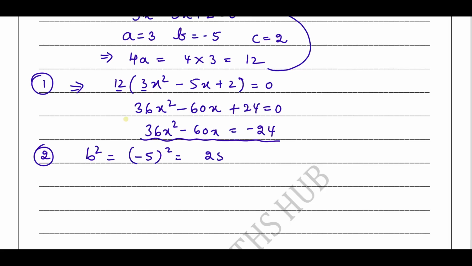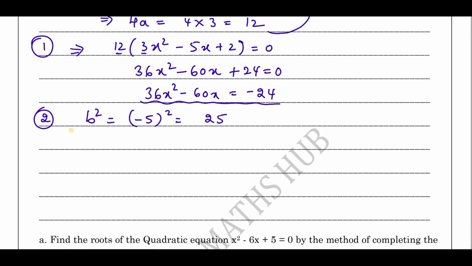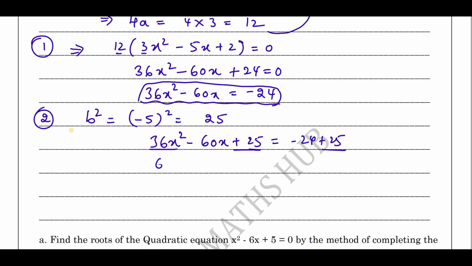25, right? Now add 25 on both sides of this equation. What you get? 36x square minus 60x plus 25 equals minus 24 plus 25. I have added b square, the value of b square, on LHS as well as RHS. Now it is of the form a square plus b square, that is 6x whole square plus 5 square,